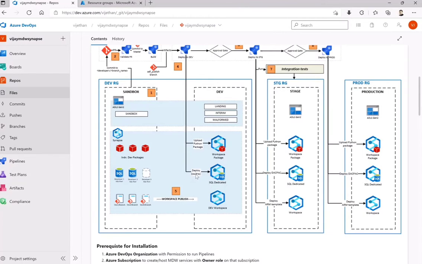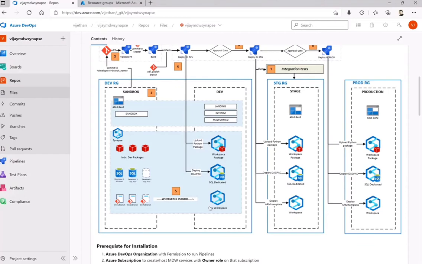The artifacts coming out of it will be deployed exactly the same to the different stages, the staging and the prod. If you see the dev workspace as well as the staging and the production, they are getting deployed from ARM templates which we produce here as part of the build.